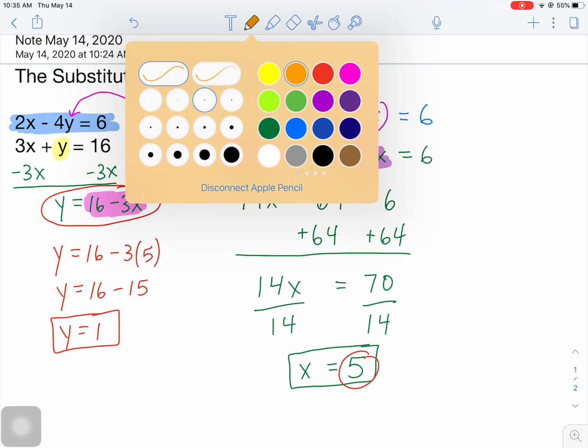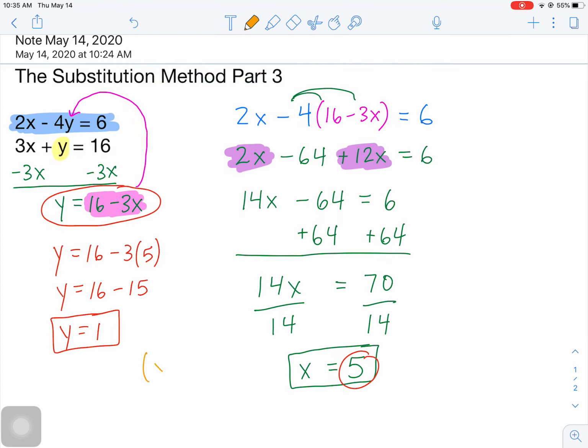So of course we always write our solution as an ordered pair, x comma y. So in this case, that would be the point 5, 1. That's our final answer. So if we were to graph both of these lines, we should see that they intersect at the point 5,